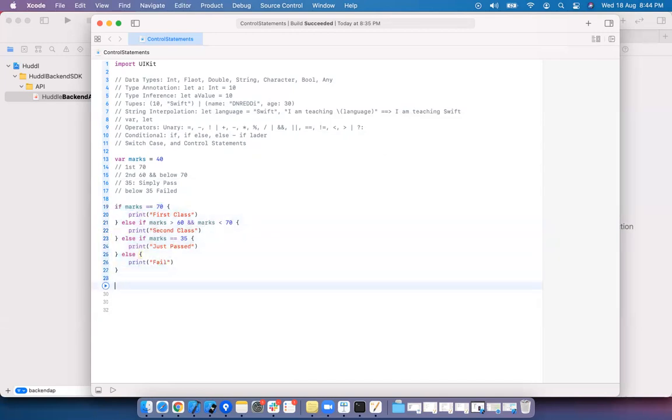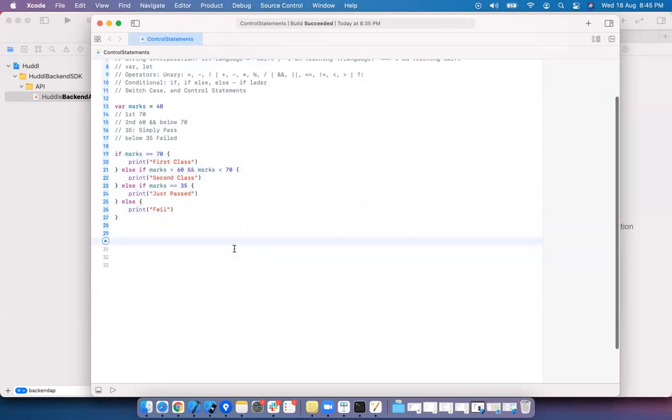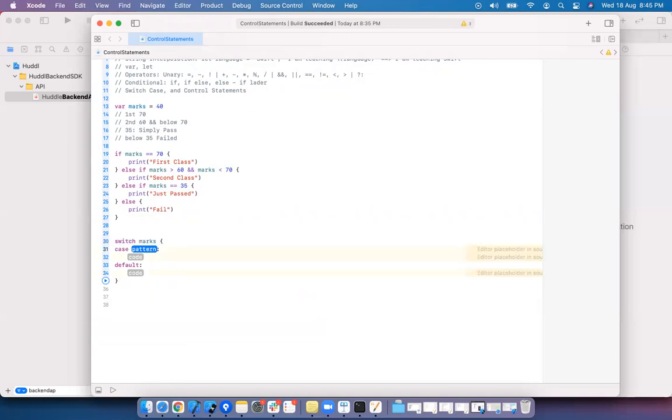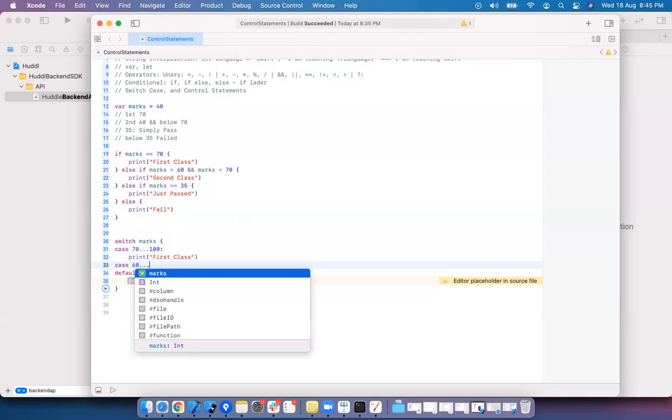Simply, we can convert this in the form of a switch on marks. If it is 70 to 100, more than 70 basically, I say first class. Case 60, this is the range operator.